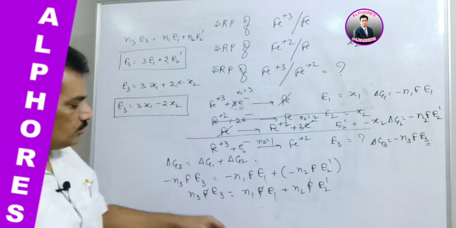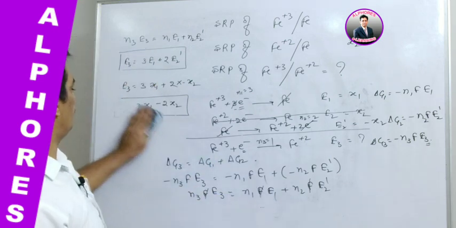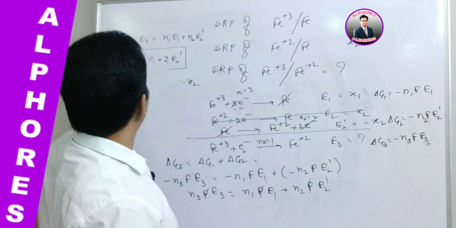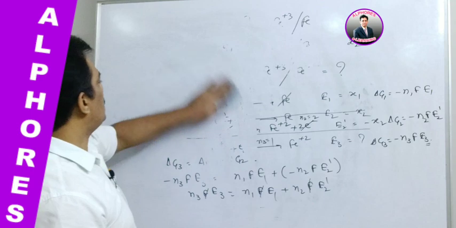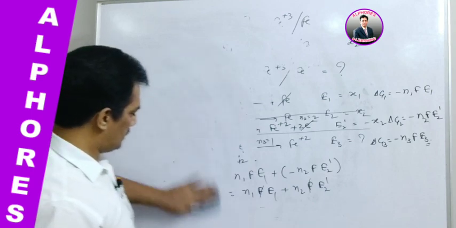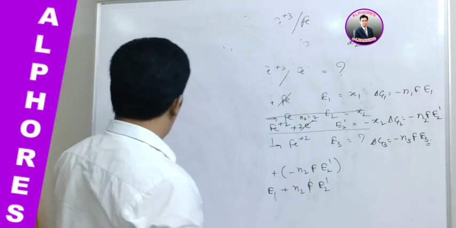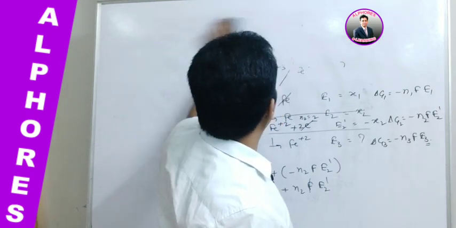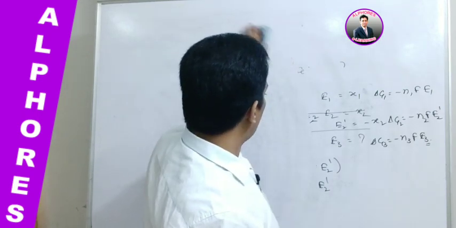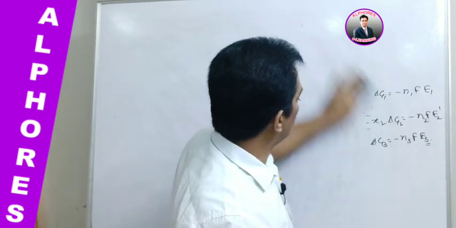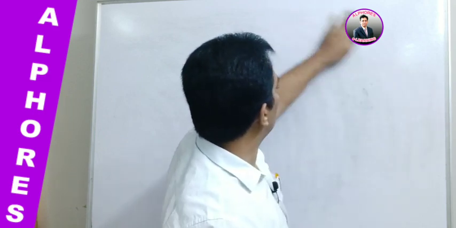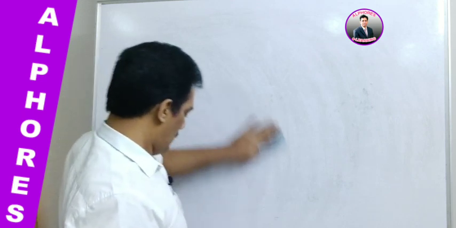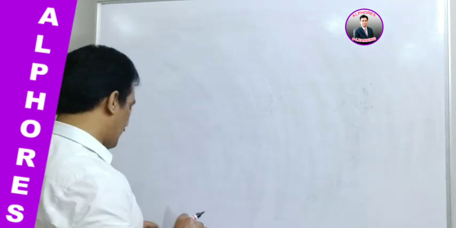Clear? Now let us move into one numerical. Instead of x1, x2, if they provide numerical values, how do we solve? Let us consider one more example. Here, let us take the copper electrodes. Copper is also able to exist in two different stable oxidation states, one is Cu+2, the other one is Cu+1. In such a case, what they are providing is